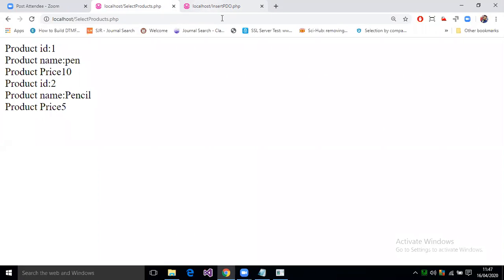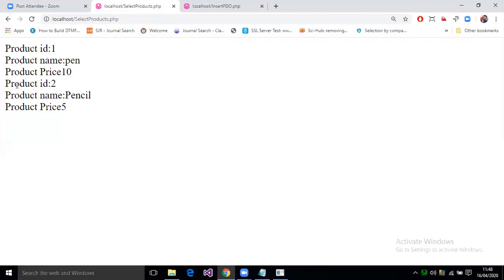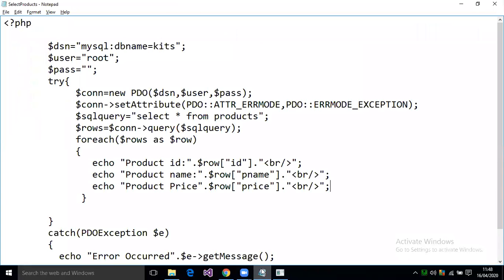So this is a very simple thing. You can go with adding a product and retrieving a product. You can create frames there. You can write save product, retrieve product. Suppose you want to select a product with only a certain ID, then you can write where ID is equal to, then take an ID from this.